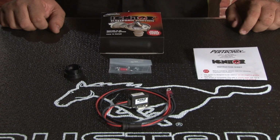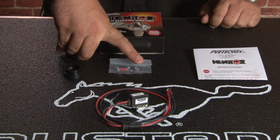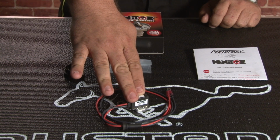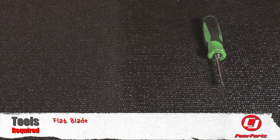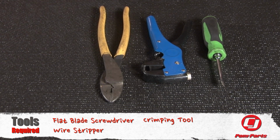Before we begin the installation, you want to open up your Ignitor packaging and make sure everything you need is included. They include clear instructions, hardware bag, solderless connectors, plastic feeler gauge to set the gap, the magnet sleeve, and the Ignitor assembly itself. For this installation, you'll need a flat blade screwdriver, a wire stripper, a crimping tool, and